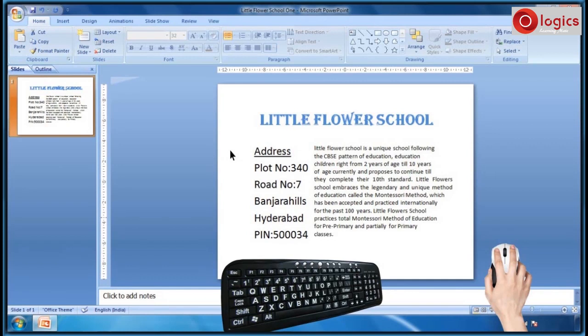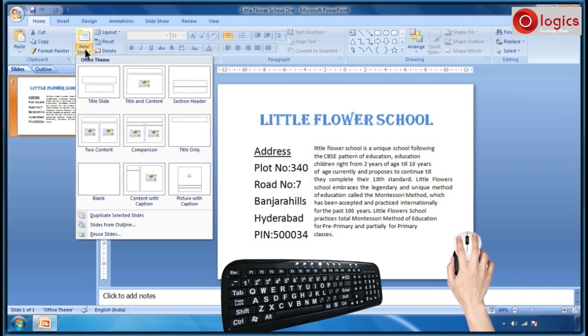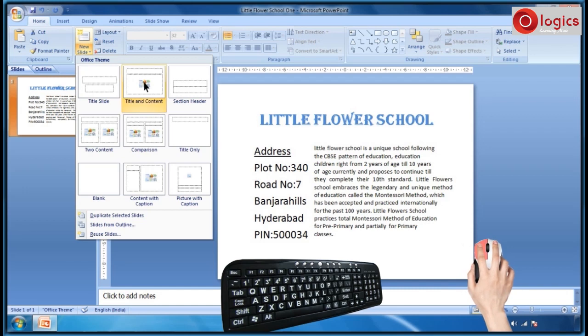I am going to insert a new slide and enter data in it. In case of any spelling mistakes in the presentation, I am going to show you how to correct them. Click on new slide command on menu bar. Here I am choosing the slide from the menu that appeared.